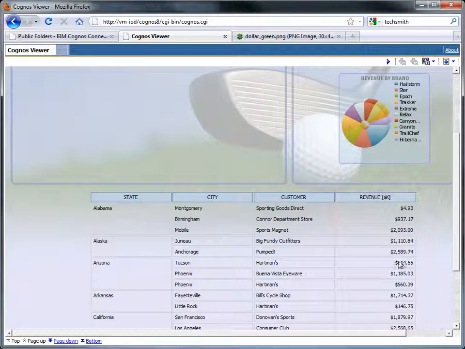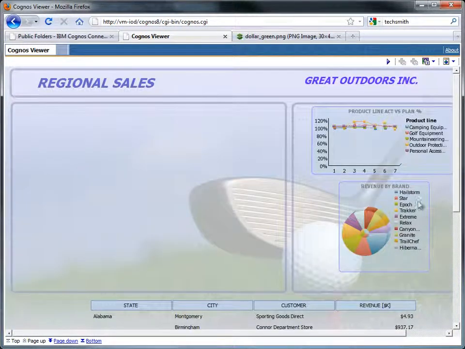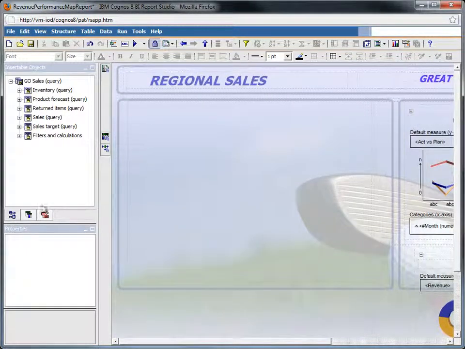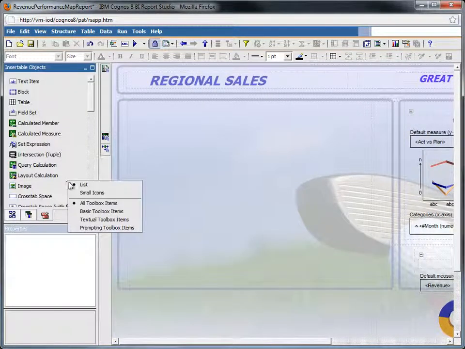But notice also the big space I've left here on purpose, because we're going to add a map that's going to allow us to view these customers and performance of any measure we want to see about them thematically. At the state level, I could also do it at the zip level, county level, whatever I want, as well as for individual outlets. To begin the process of geospatial reporting,